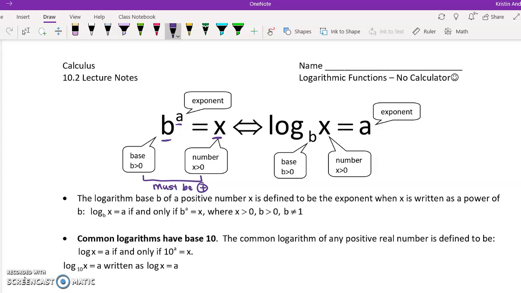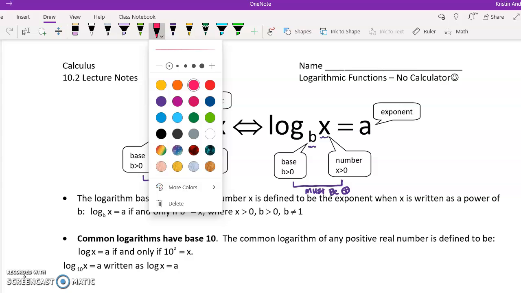When we rewrite these in log form, logs will actually allow us to solve equations that used to have the variable up in the exponent. So when we rewrite those, we have to make sure, again, that the base number b, this little number here, and then our number x right here, both have to be positive numbers. Must be positive. And then again, our exponent can be whatever it wants to be. So we can interchange those, and what you may remember from the past is, at least this is how I always teach it,